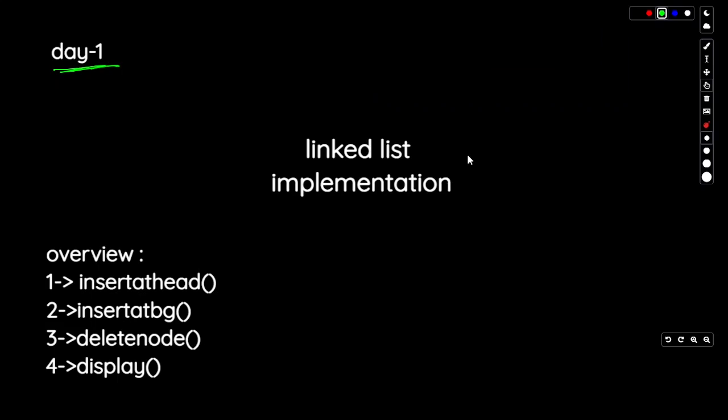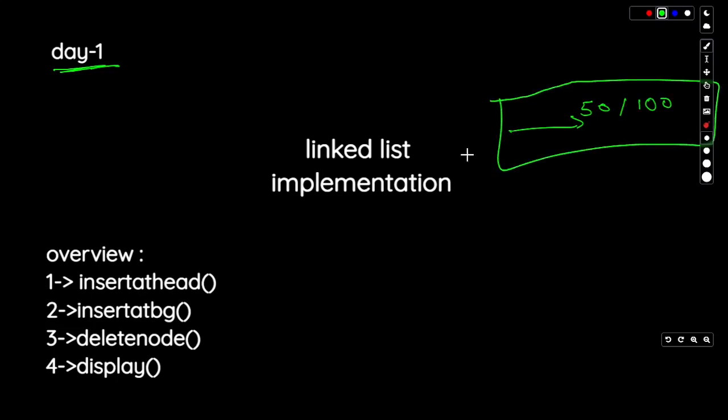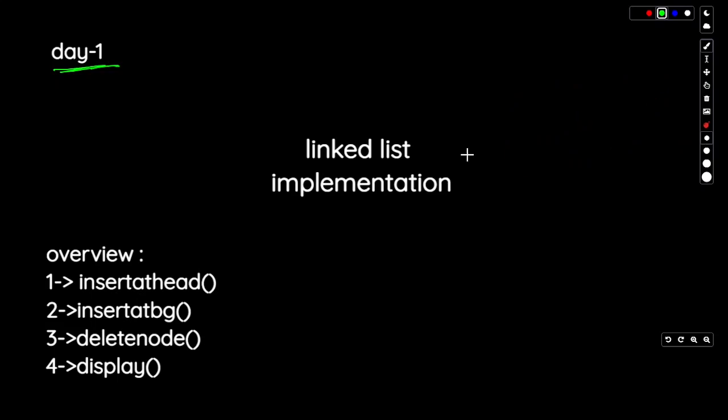So instead of having a really big goal, like coding continuously for, let's say, 50 days or 100 days, I'll be taking on smaller and smaller milestones,